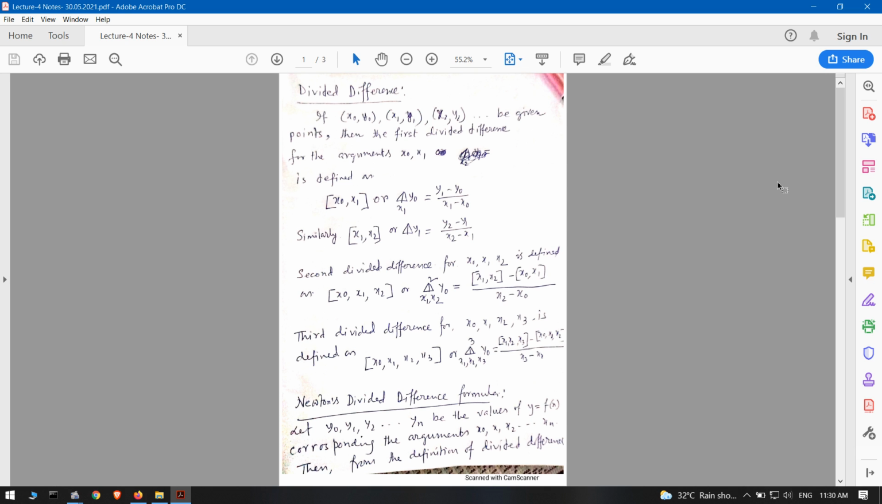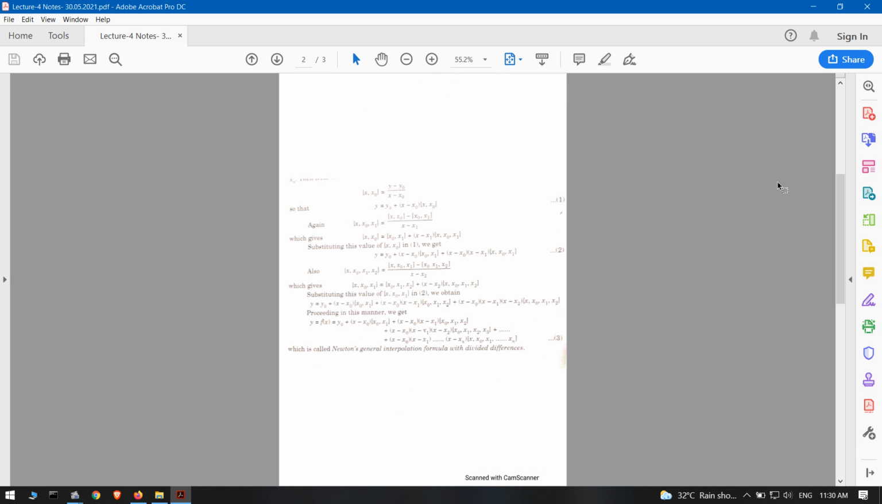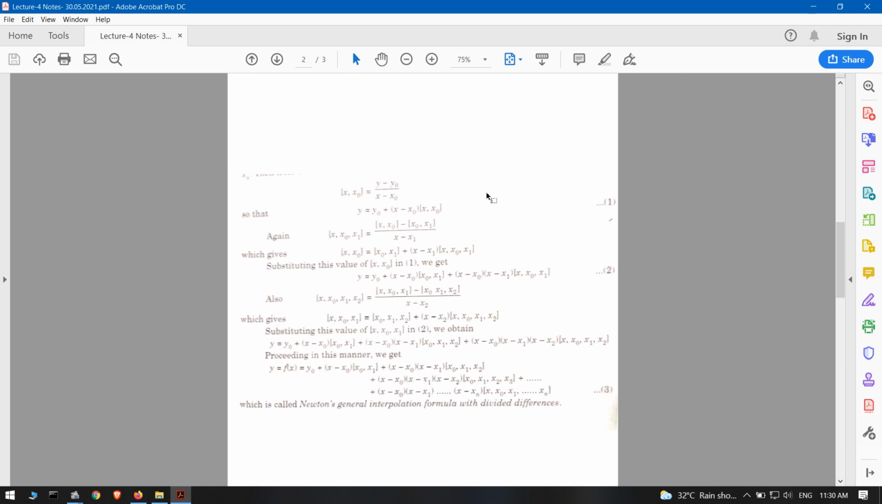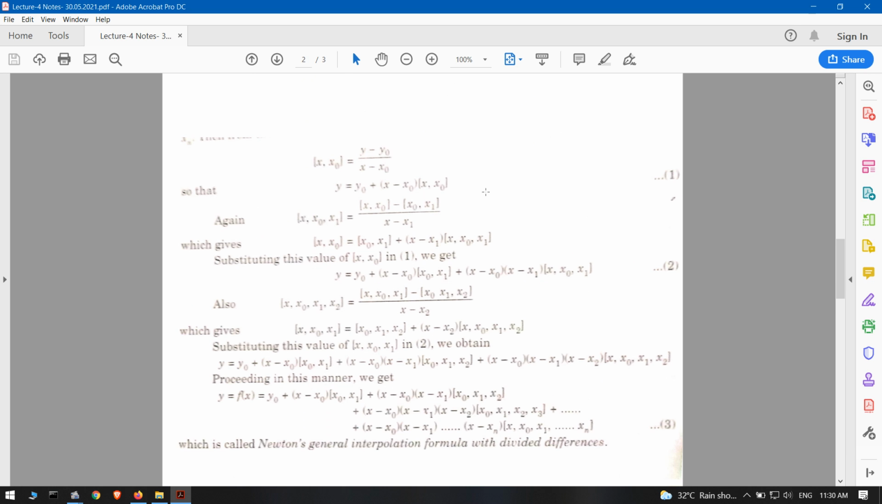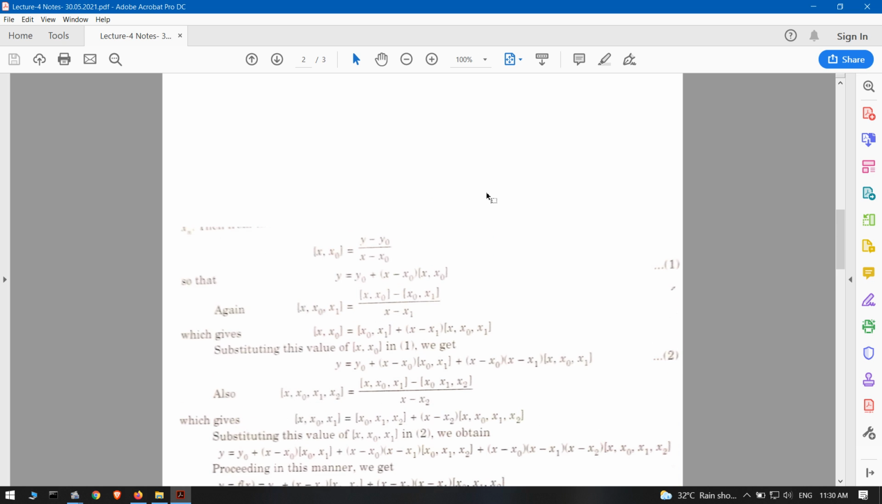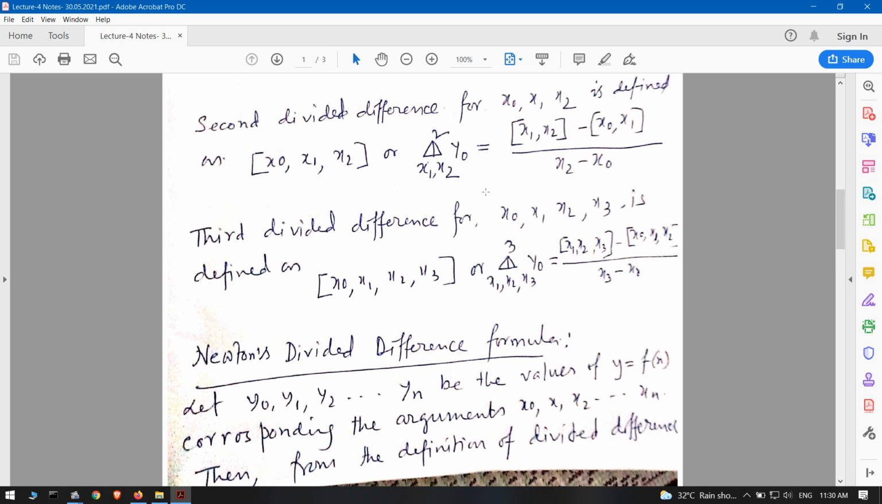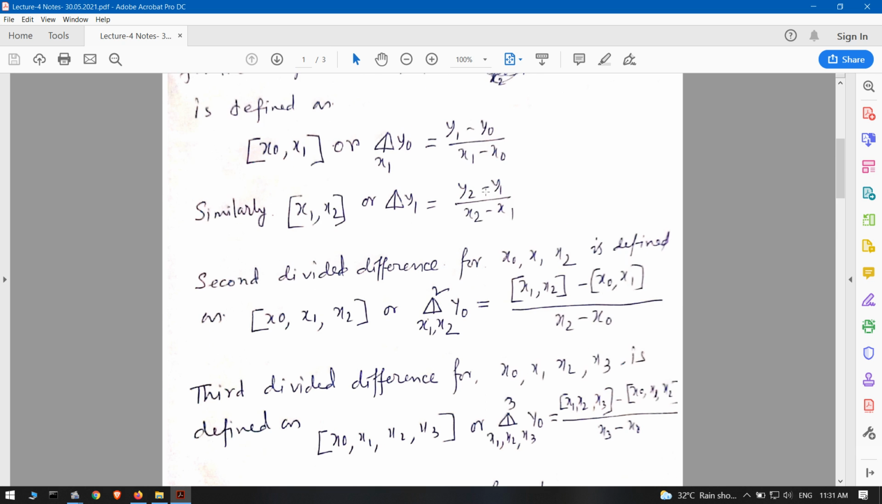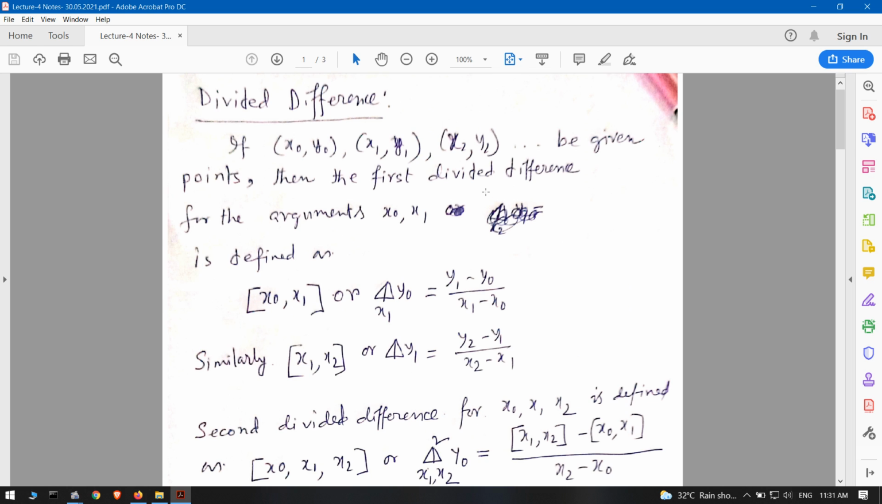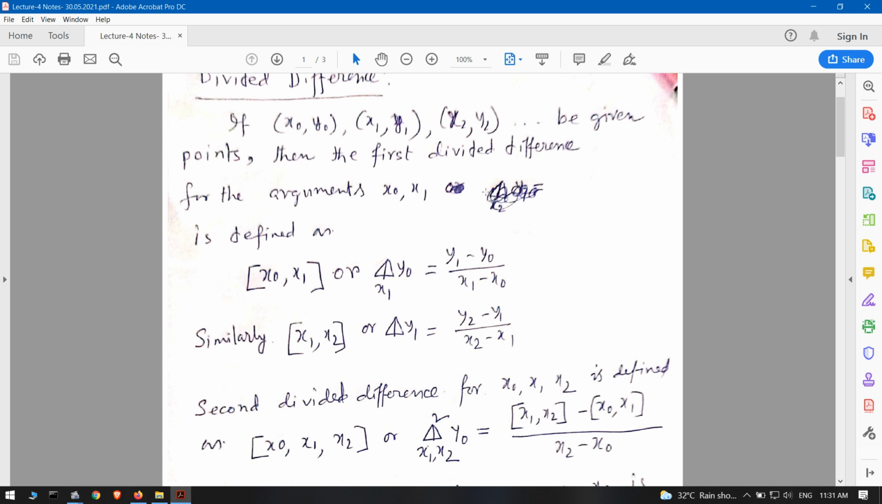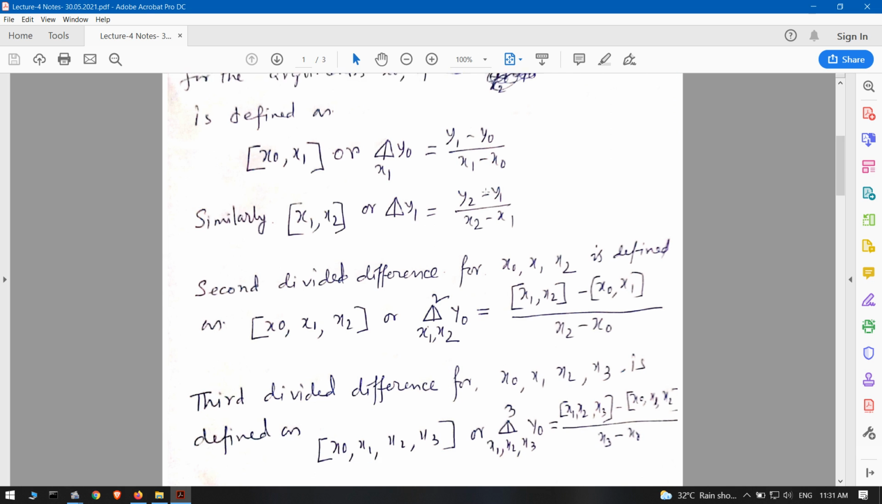You open the derivation. Derivation part is also very simple. You just open Newton's divided difference formula derivation. That part is very simple. Suppose let y naught, y1 up to yn be the values of y equal to f(x) for the arguments x naught, x1 up to xn. Then if we use the divided difference formula definition, then we have that if we define divided